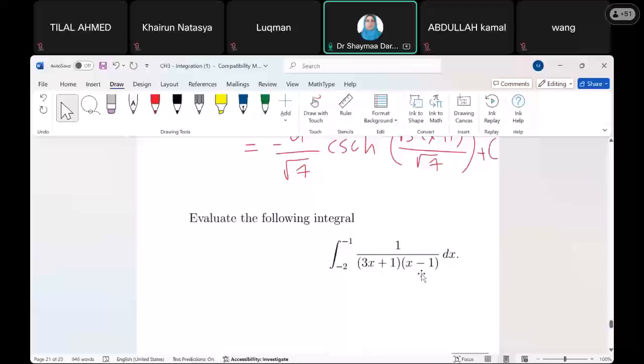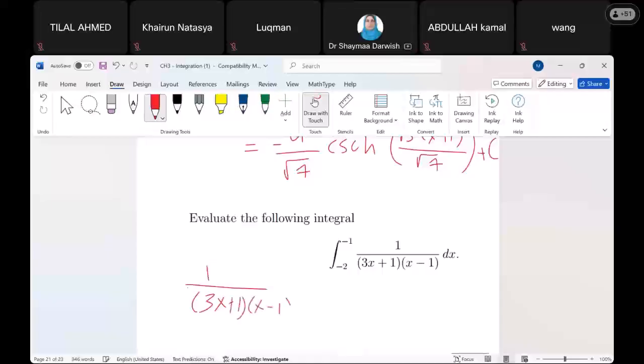So here I have polynomial over polynomial. The second one is already factorized, so no need to factorize it. You just need to apply the method directly. So here I have to write 1 over 3x plus 1, x minus 1